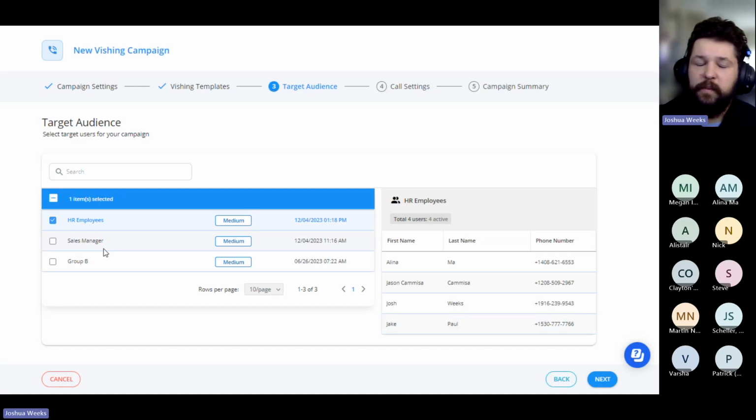One thing to note is we are fully SCIM integratable, Azure, Okta, just to name a few, but we haven't found a SCIM provider that we've had issues with integrating with. So these target groups here, I've manually created, but we can also populate these via SCIM integration. We could utilize LDAP directory as well.